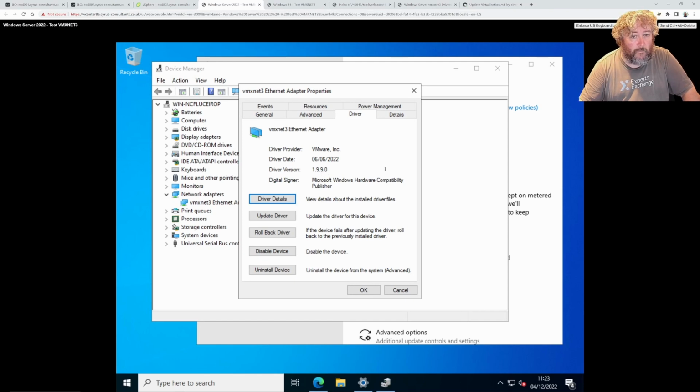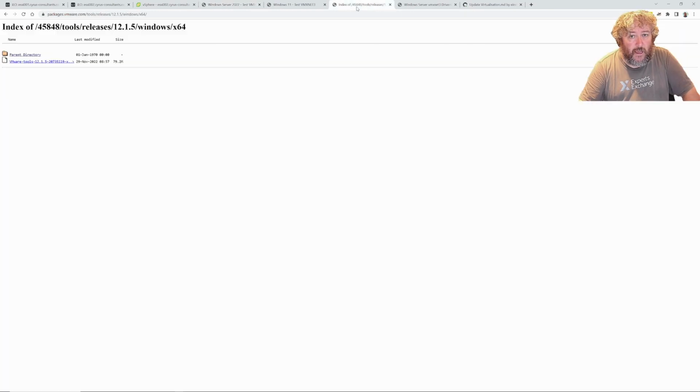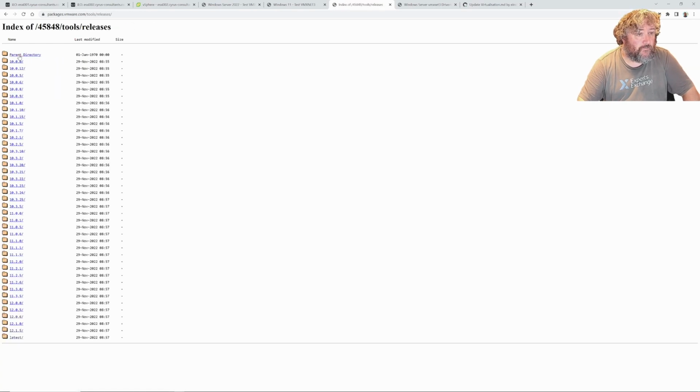So also noted, looking at the tools that are installed by ESXi 8 are 12.0.6, and there are 2 versions of tools since that was published. ESXi 8 was released on 11th of October, so in the last couple of months another 2 versions of it have been released. So I thought, for the hell of it, that we would